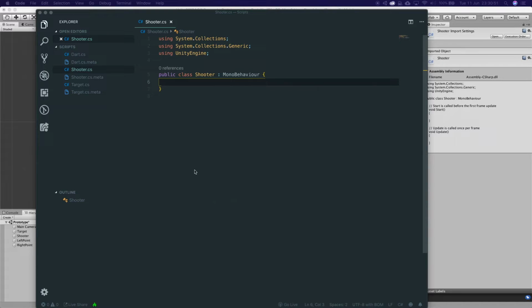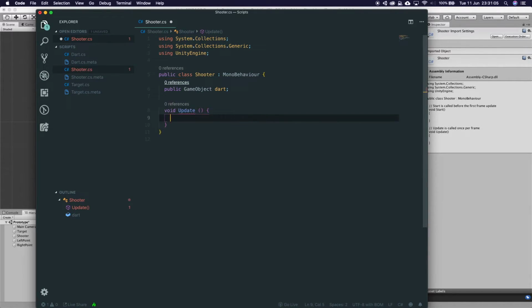And this one is very simple. So we're going to get a reference to our dart. So we're going to say public GameObject dart. And we're going to say void Update. And in the Update, we're going to say if